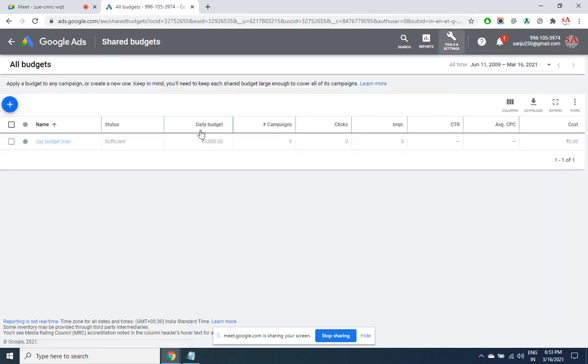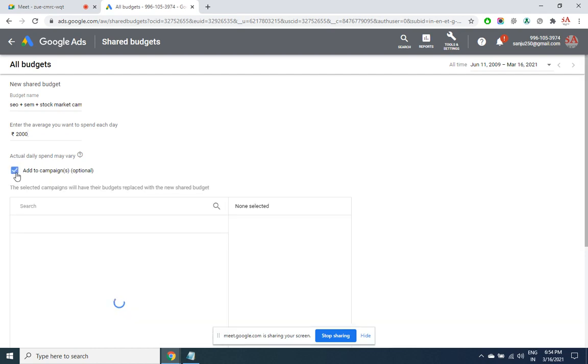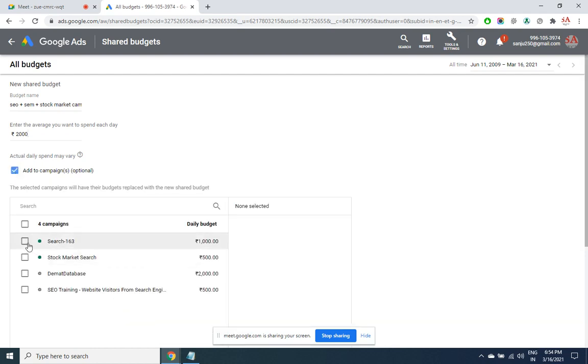So when I click here, click on plus, give a budget name. The average that I want to spend per day is 2,000 for all these 3 together. So I click on those multiple campaigns which belong to the same client.